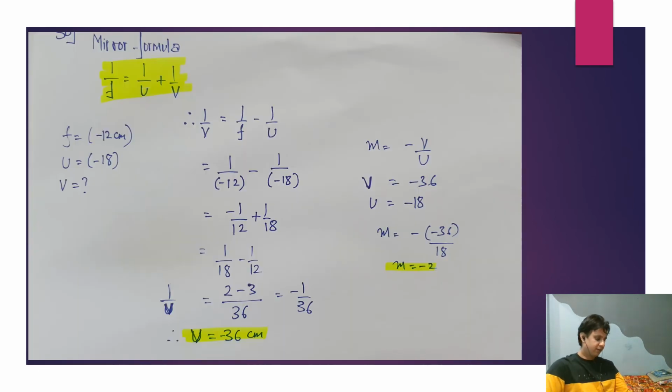30th one, from light, and they've asked that an object is kept on principal axis of a concave mirror of focal length 12 centimeter. The object is at 18 centimeters, so they're telling that focal length is 12 and object is kept at a distance of 18 centimeters from the mirror. Calculate image distance, determine the nature of the image formed by calculating the magnification produced by the mirror. So by applying mirror formula, which is 1 by f is equal to 1 by u plus 1 by v, and also taking f as negative because the focal length of concave mirror would be negative, and also object distance is negative because it is kept in front of the mirror. So we arrive at image distance v as minus 36 and magnification as minus 2.